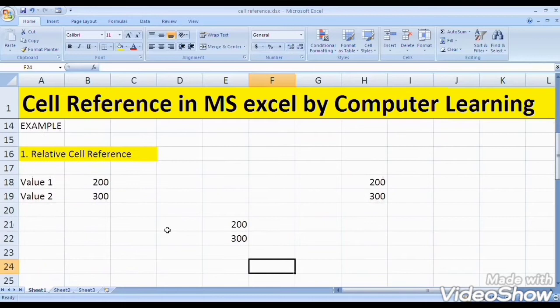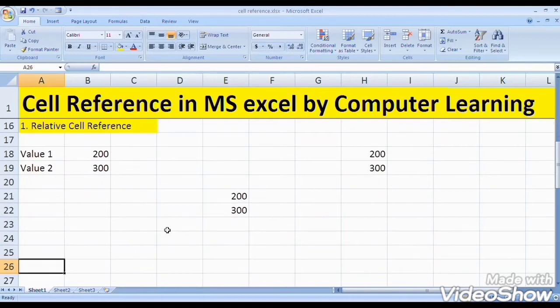Now we'll see the first, relative cell reference. Students, see value 1 is 200 and value 2 is 300, the two values added in B18 and B19. Now I will do the sum or total.